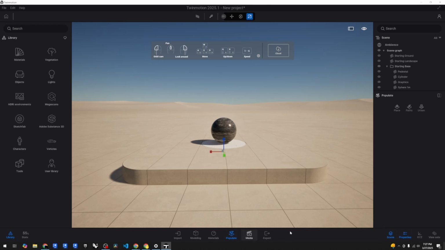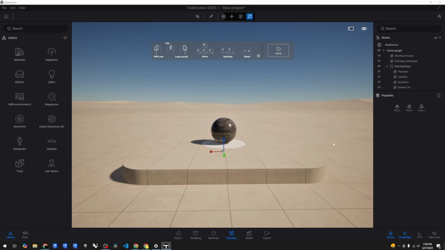So if I click on the Populate tab, now I have a new Populate panel. And I have 3 different ways to populate my scene. I can place elements, and this will allow me to kind of paint stuff around or use areas or things like that. I can populate things with paths, so I can draw a line and have cars or people follow it. I think there's other things you can make follow it too, and then I have urban,